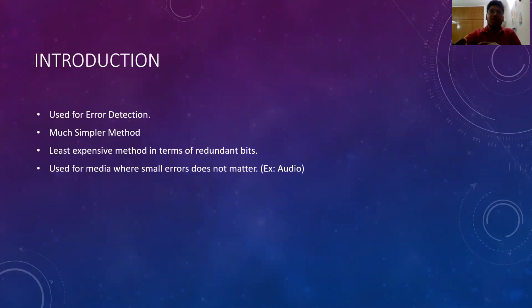I will be talking about the single parity check here. Single parity check, or the parity check method, is a very simple method. It is much less expensive than the methods where a lot of redundant bits are used. The methods like CRC, checksum, they need a lot of redundant bits. Redundant bits means the extra bits that are used to check the error. So in this parity check, we don't need a lot of redundant bits. We just need a single bit to check if there's an error or not. So it is a much less expensive method in terms of the redundant bits.